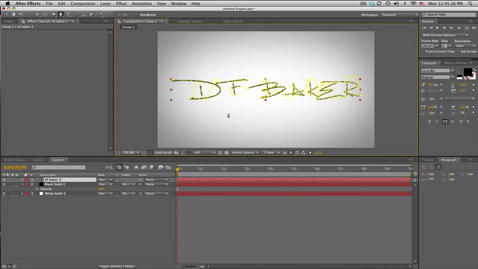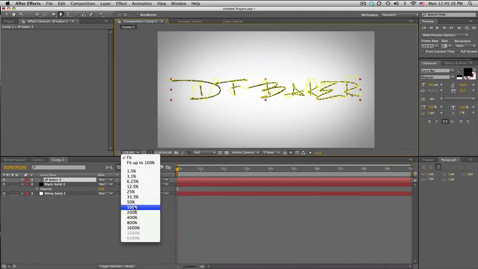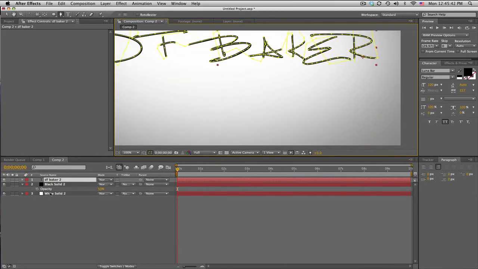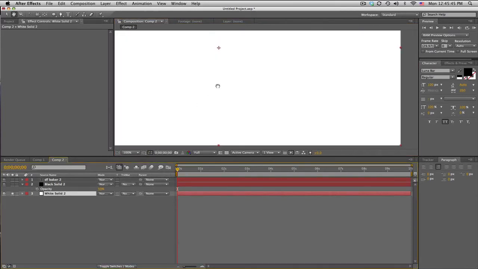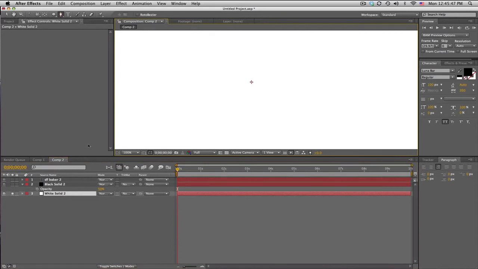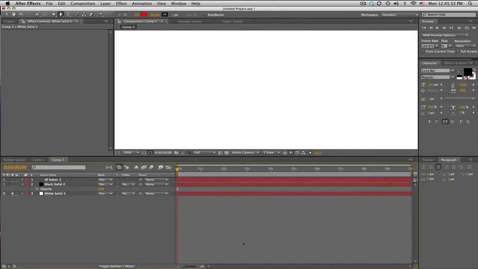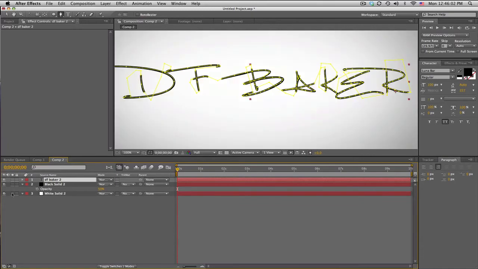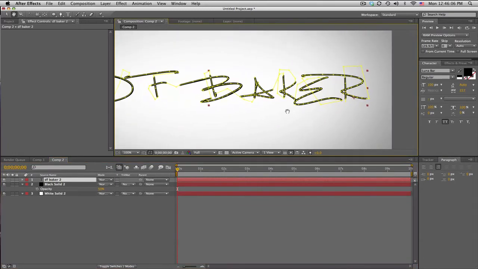To end the mask, because it's not a closed mask, just go ahead and click away, and it'll make a mask that's just a line. That's what we want. Don't close it. So here's our mask, goes around, and that looks pretty good.